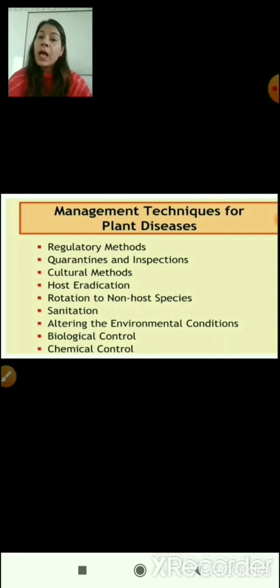Now there is a great variety of diseases which can attack or cause damage to the plant. But how can a crop be protected from all these diseases? There should be some management techniques for plant diseases. These management techniques can be divided into various categories like regulatory methods, quarantines and inspections of the crop fields, cultural methods, host eradication and rotation to non-specific species, sanitation, altering the environmental conditions, biological control